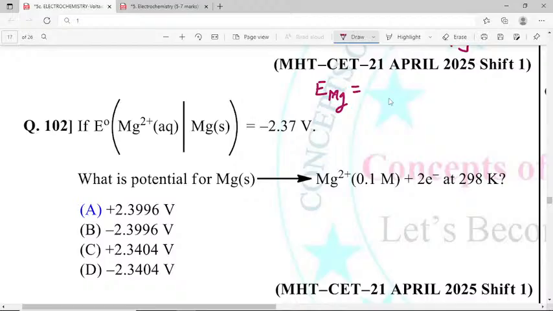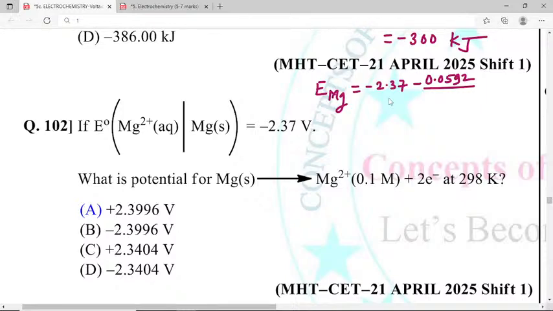So what is the E naught magnesium? This is minus 2.37 minus 0.0592 divided by number of electrons, how much? 2, into log to the base 10 of the concentration of Mg2 plus. So this is 10 to power minus 1. So minus 1 becomes a plus. So this is minus 2.37